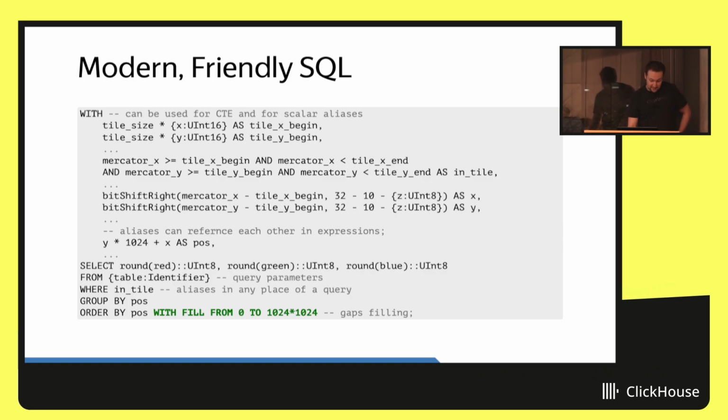If you specify with fill, ClickHouse will automatically fill number 4 with 0 aggregations. ClickHouse has support for, sorry? Does that let me specify the fill value, or will it always be 0? It will be the default value of aggregate functions. It could be, or the default value of data types. For strings, it will be empty strings. And by the way, you can override it. You can specify specific value. Yeah, and also there is interpolation. You can fill it so it will